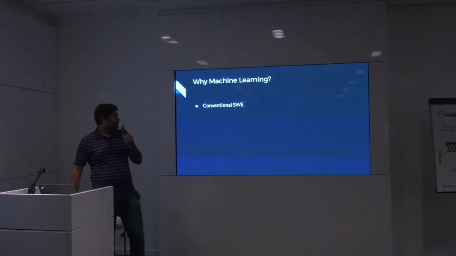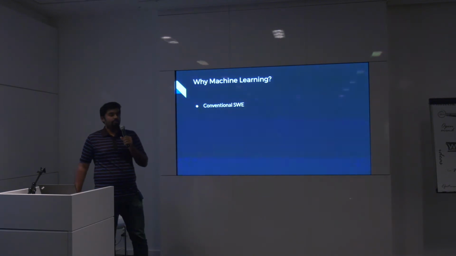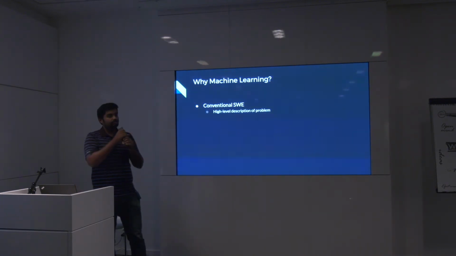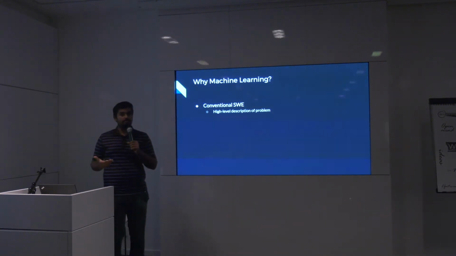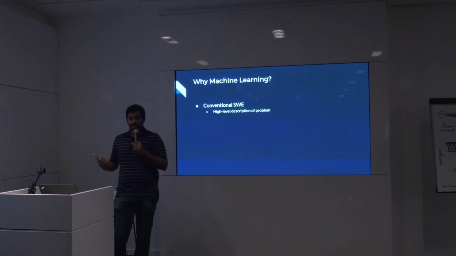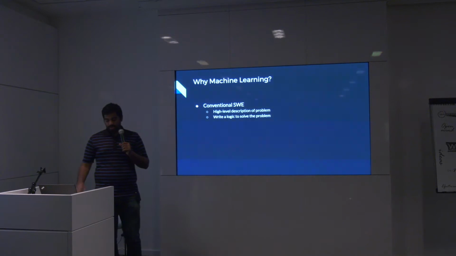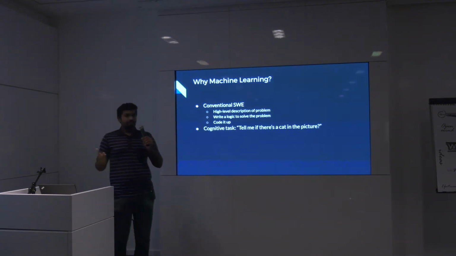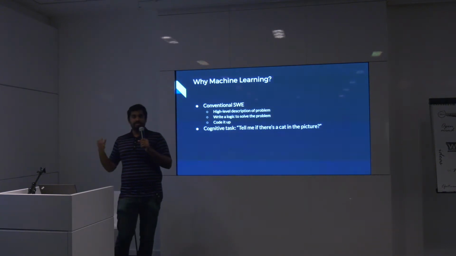So the first question is, why machine learning? Like, what's wrong with conventional software engineering? So if you take a look at software engineering, there comes a problem statement. For example, they ask you to create a credit card payment portal. And then you write down the logic with UML diagrams and which object does what, and then you just code it up. But if your task is something like, tell me if there's a cat in the picture, or identify persons in a picture,